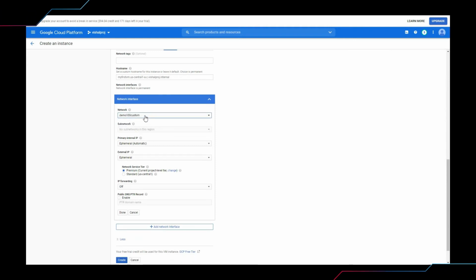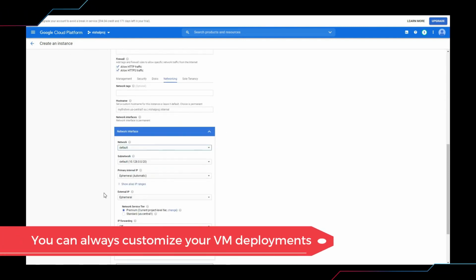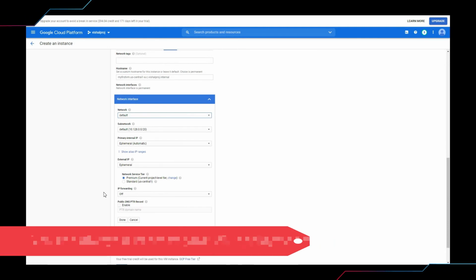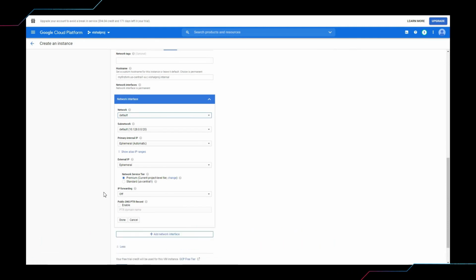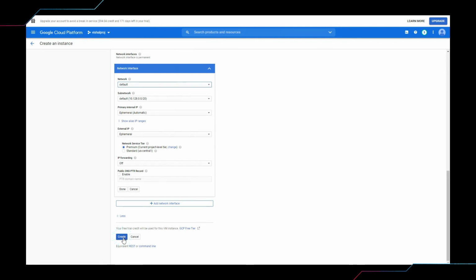Now in this case, because my VPC network was created, the region was, I believe, I'm not sure what the region was. I think it was the US, but it's not visible because the subnet is not available in this region, therefore I'm not seeing any option. So we'll stick to the default one so that everything is fine for us, and you can actually customize the VM deployment so that you can use whatever network you want to use. If you have a custom network which is precisely designed based on your company organization need, you can use that in that case. Now once all things look good for me, I will go ahead and quickly click on create,